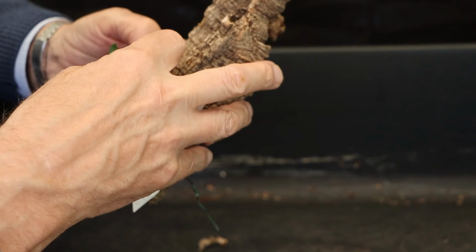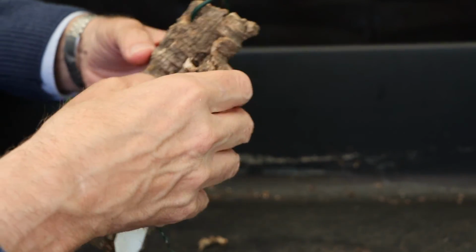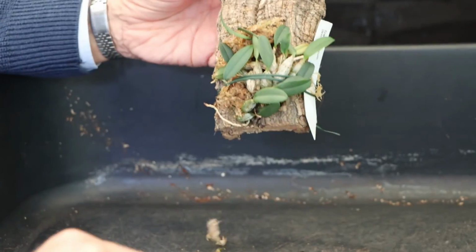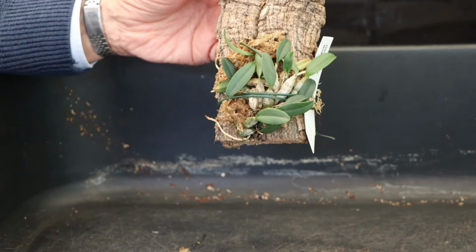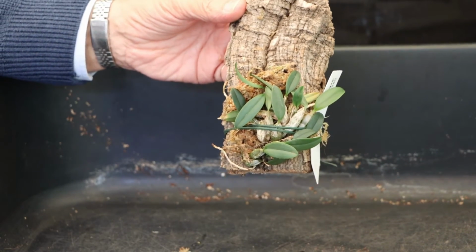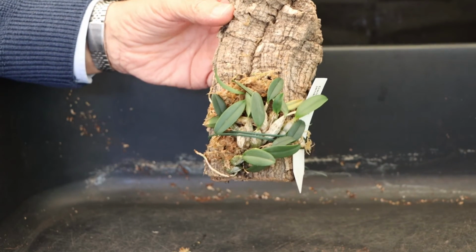Move that leaf, that's better. But I think at that, that'll be great. There's no need to strap it down any tighter. I hope that's